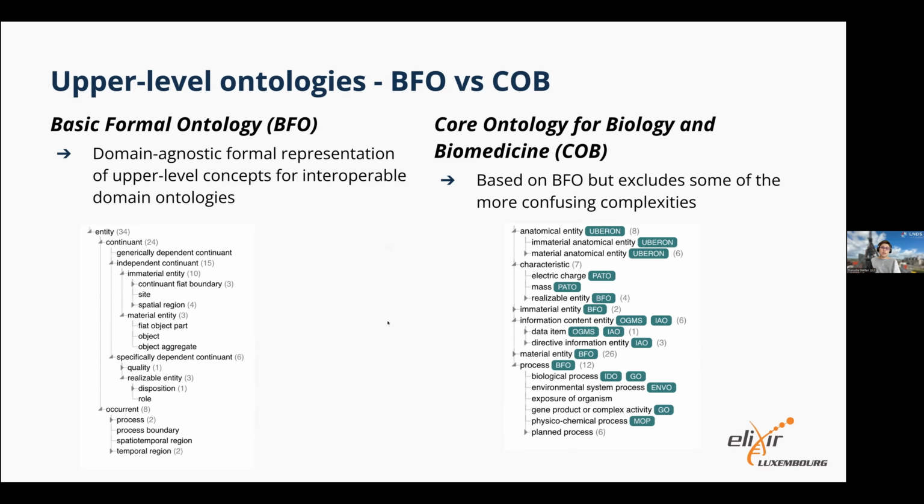There's an ontology community in the biomedical space that agreed with this assessment, and so they decided to simplify things a little bit and build the core ontology for biology and biomedicine. It reuses some of BFO's. You might recognize again the immaterial entity here, or the process material entity and so on. But it really asks, what do we need in the biomedical sciences? And we know we need a lot of anatomy, so we grabbed anatomical entity. We look at characteristics. We deal a lot with information content entities, which includes what we call data items, so data elements. So that's a really important part for it.